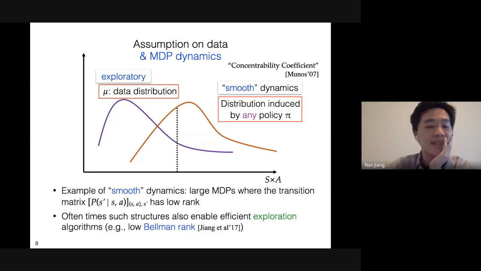One interesting side comment here, which I will come back to at the end, being the controversial part, is that oftentimes what we find is that similar structures also allow you to perform efficient exploration in the online RL setting when you also use value function approximation. So looking at these kind of structures allows you to compare batch RL and online RL in the function approximation setting, sort of side by side, and it has some interesting implications. Again, I'll come back to this at the end of the talk.